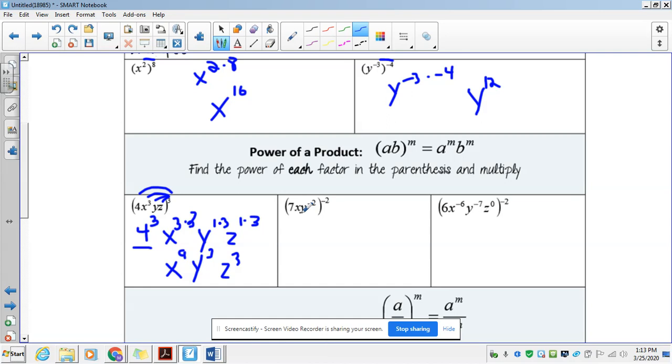All right, so now what I want you to do is put that in your calculator and find what is 4 to the third power. 4 to the third power is, hopefully you found it, 64. And that is how we simplify the power product. So here, this one is a little challenging because it's going to put everything together. You're going to have 7 to the negative 2, x